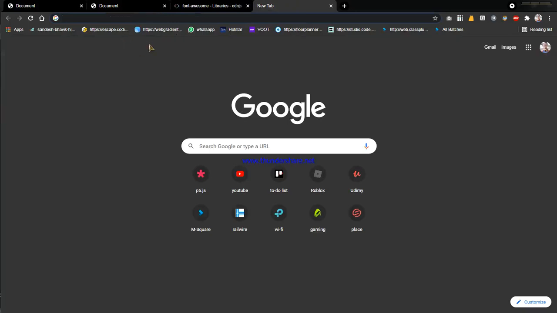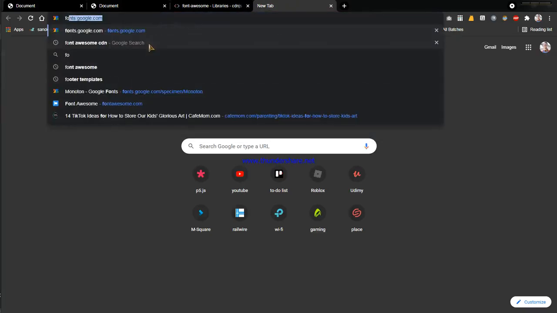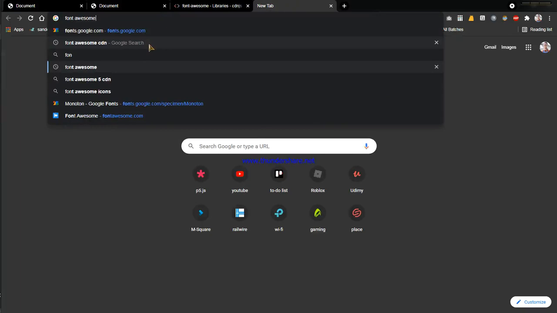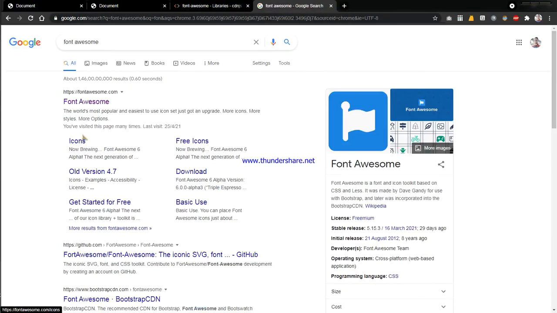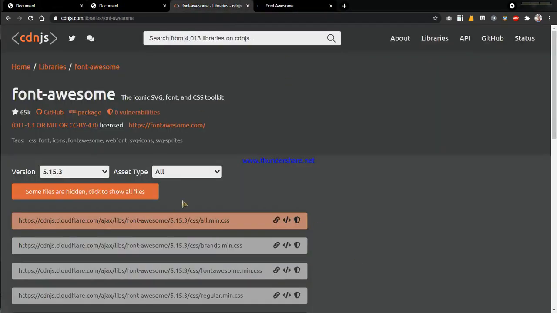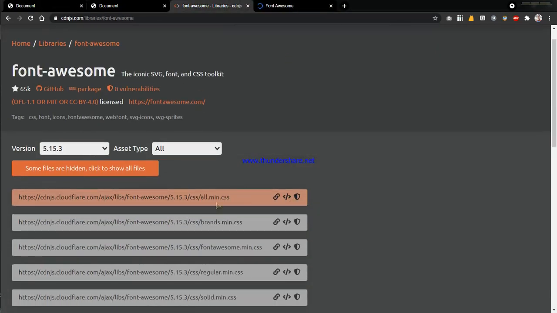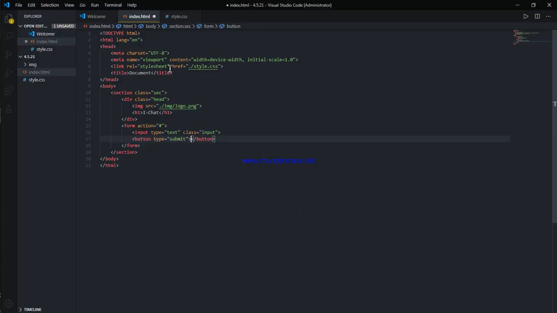Just click on that, and while it loads, we'll search Font Awesome, go to icons, and copy the first link, the all.min.js one.